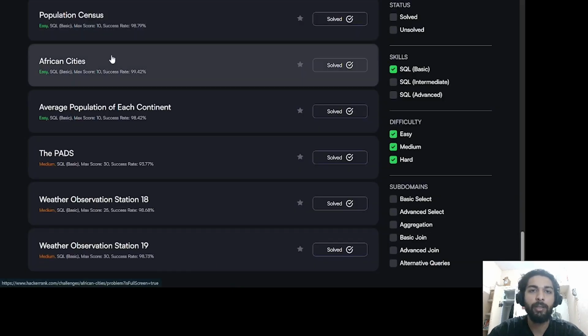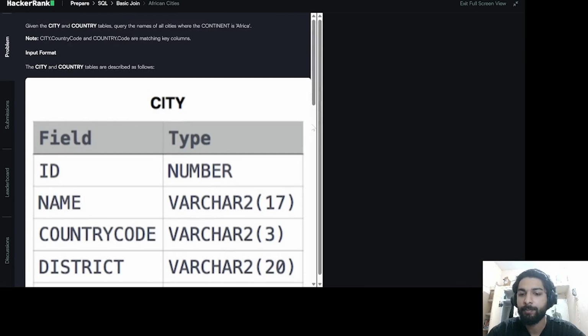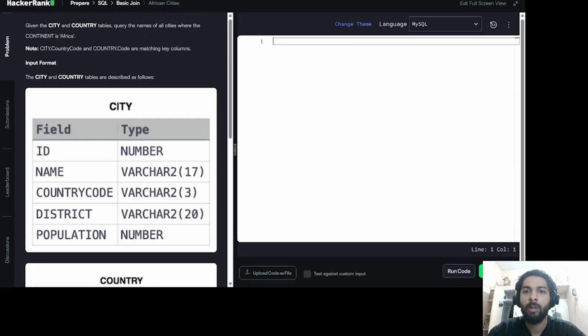Now let's move towards the next question. The next question is African cities. Okay, let's start. Again the same city and country tables are given. We have to find the names of all the cities where the continent is Africa. So it is the same query, but a little different while selecting. I just want the name, so I'll say city dot name. Okay, from